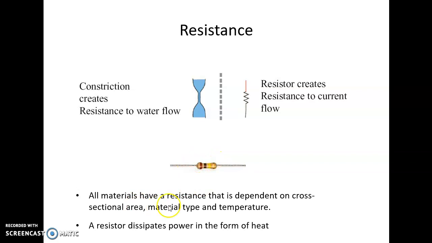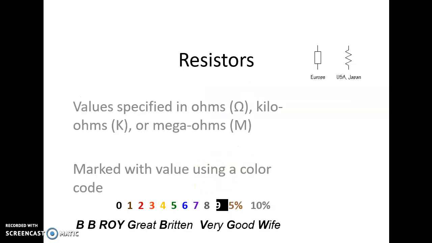A resistor is an element which is dissipating power. So mainly a resistor is providing opposition to the flow of current. If the value of the resistor increases, then the opposition to the flow of current increases. That means less current is going to flow. So if the resistance is more, then the current flowing is less. The unit of resistor value is ohms, and sometimes it is kilo ohms or mega ohms.